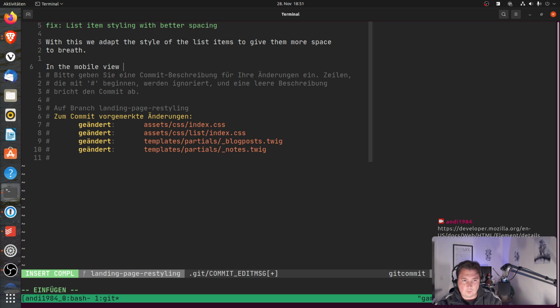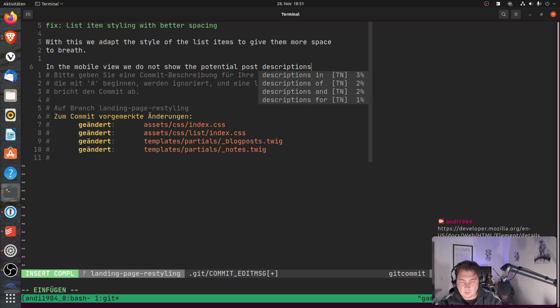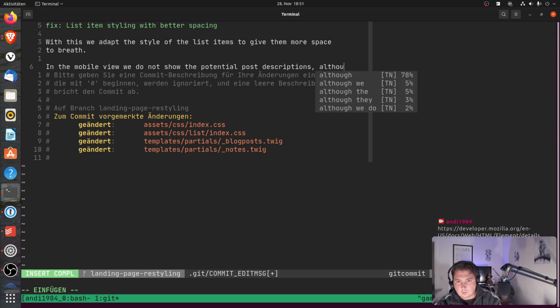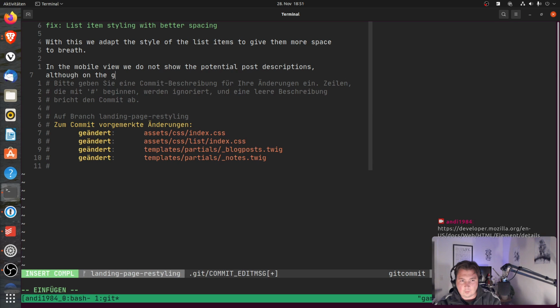In the mobile view, we do not show the potential post descriptions. Although on the grid view,